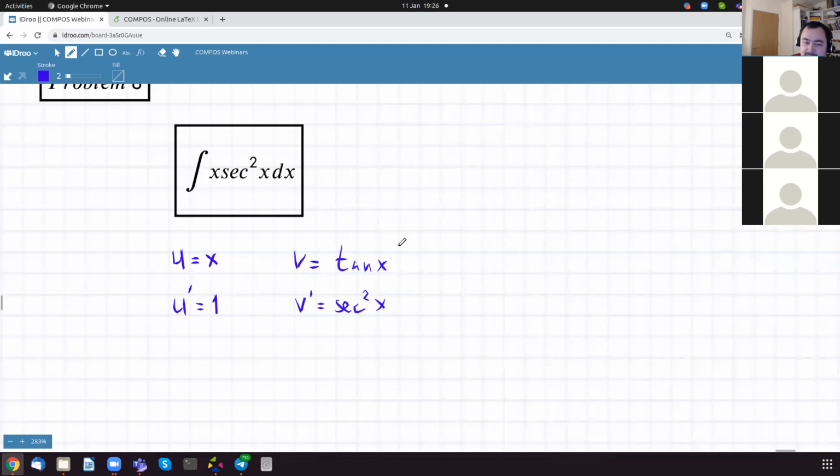If you don't know that the derivative of tan x is sec squared x, do it as homework. It was in the 3rd assignment. Anyways, we replace that, so it's going to be uv, so x tan x